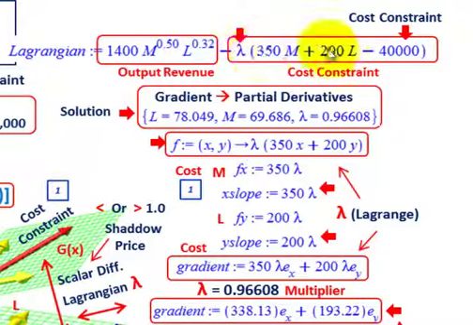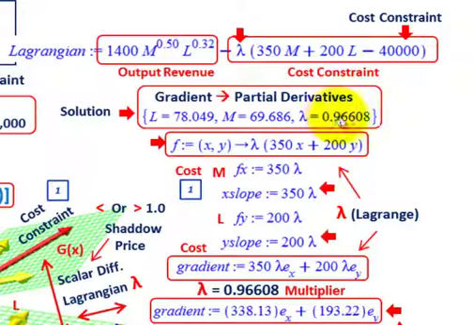We're not going to go through the solution here. All you would do in this case is take the partial derivatives, or gradients, which we'll look at below, in terms of material, labor, and your Lagrangian. Whatever comes up, you set equal to 0, and then you have 3 variables, 3 unknowns, and you're going to be able to solve for the gradient or the maximum amount based on a cost constraint. In this case, based on that 40,000 cost constraint, I come up with labor of 78 point some decimal points for labor content, and material 69.68 for material,